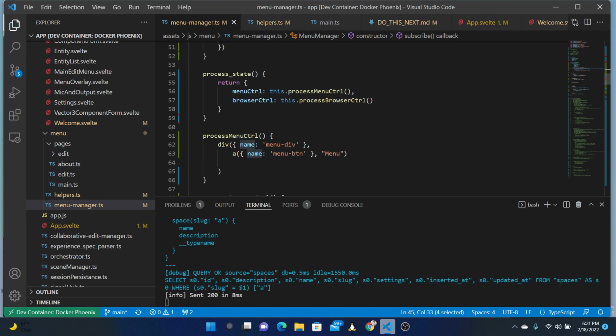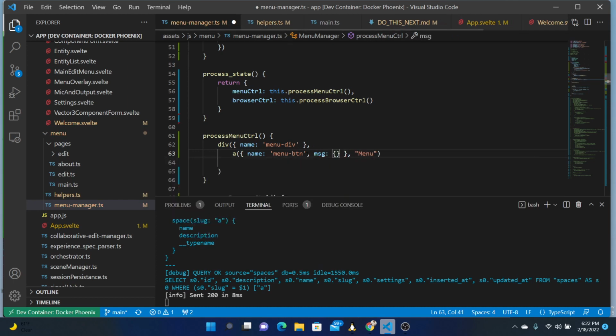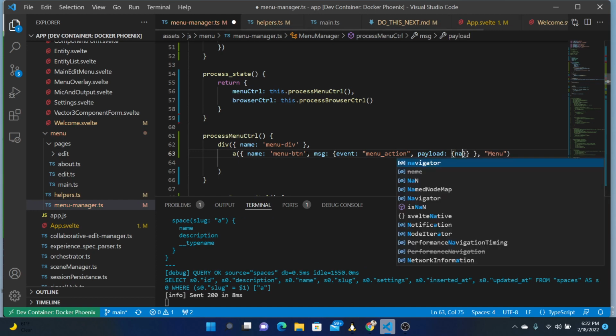Okay, so the name is this, and so we have a message, which is a signal event. So we have event, which is menu action, and then we have the payload, which is something with a name,